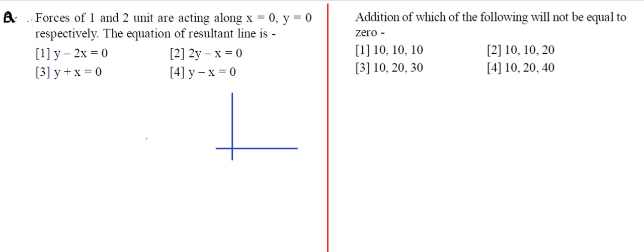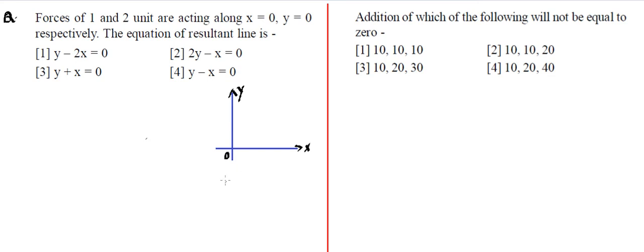Now we are using forces. Forces are vector quantities. That means we are basically using vectors. So let's say this is our x-axis in the coordinate system. This is the y-axis. And 1 Newton force or 1 unit force is acting in the direction of x equal to 0. Now this is the x-axis. Now this is coordinate 0, origin. So if we take any point here, you'll find the x coordinate will be 0. Here the x coordinate will be 0.